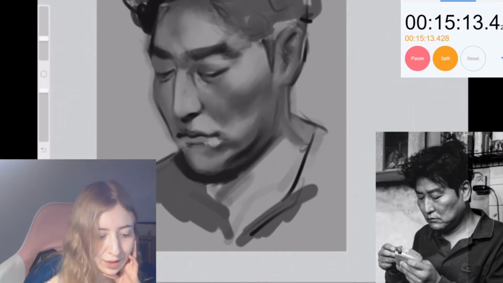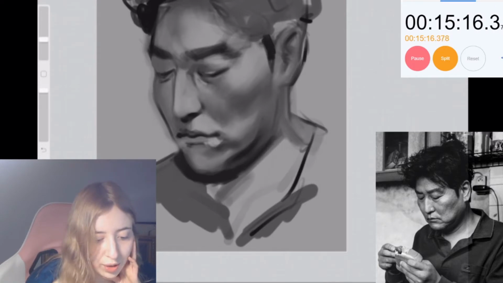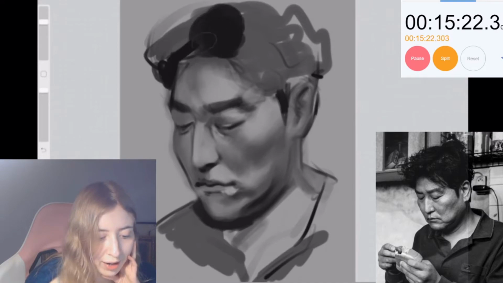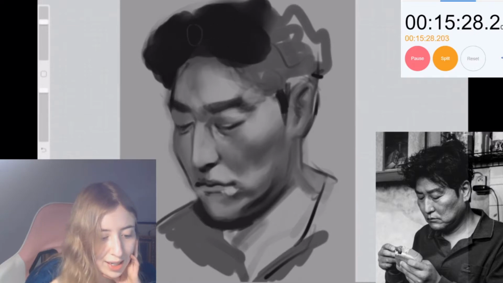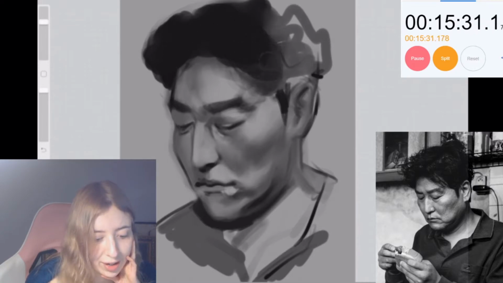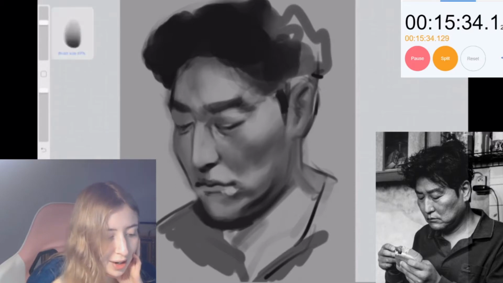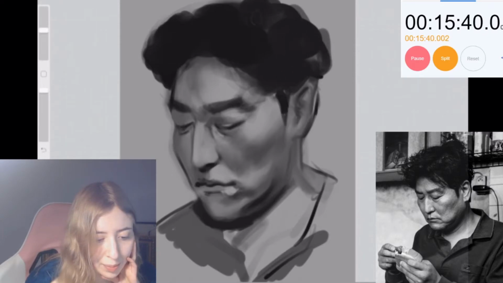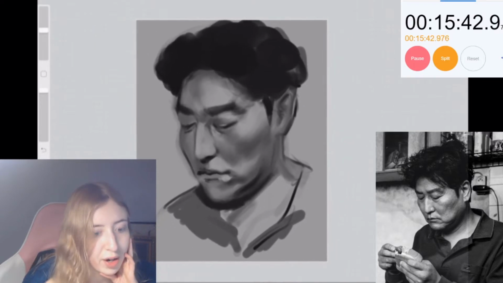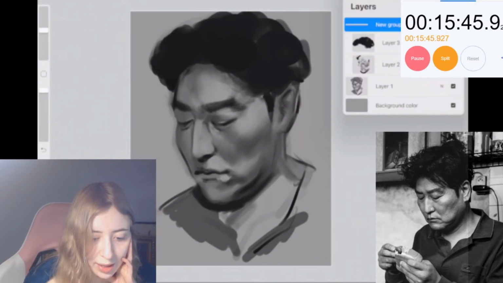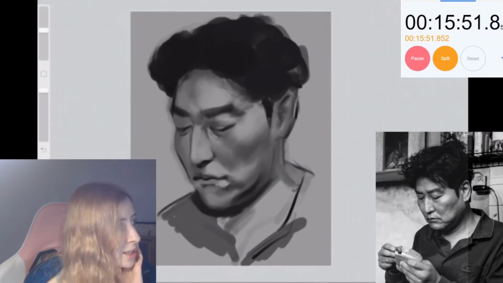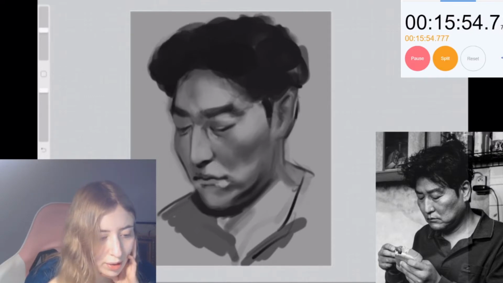Anyway, we are once again working a little too granular, so I'm going to zoom out and make a new layer, and I'm just going to throw some hair in for now to create a little bit of shape for his head. Now, like I said, his hair is huge. His hair is a lot bigger than I was anticipating when I initially saw this reference and looked at it for a moment. So I want to make sure I'm capturing that hair nicely. We're going off the canvas a little bit, which I don't like, so I'm just going to combine this down for a second and drag him down a little bit, just so I'm not creating any hard lines at the top, any separation that looks awkward. Okay,